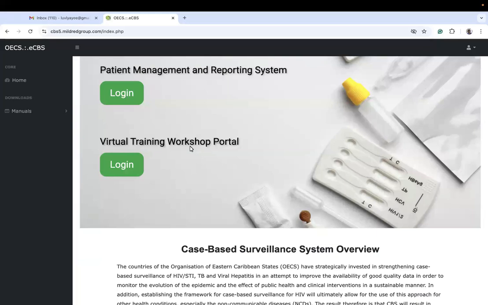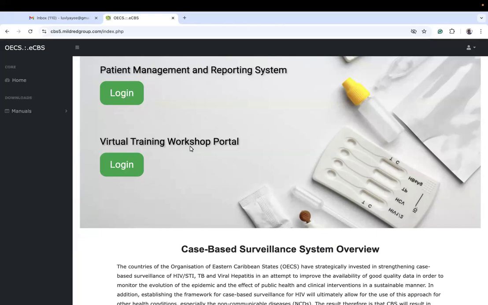Then you want everybody to have virtual training workshop portal access, so that when you have a training workshop to be conducted in country, like for the super users and supervisors that are here, you have a portal where everybody knows what training workshop they have, when they are scheduled to have a session, and also when you want them to take assessment